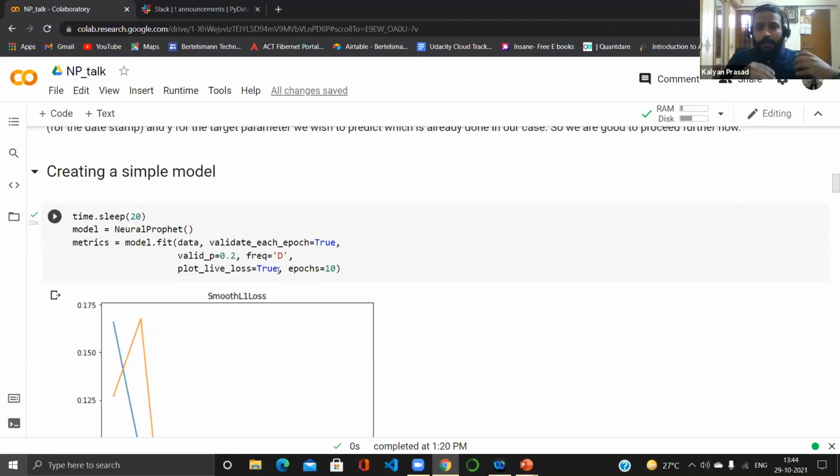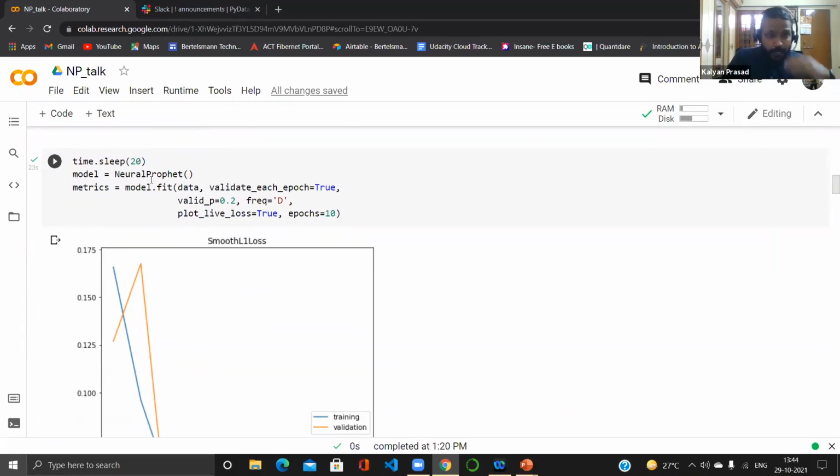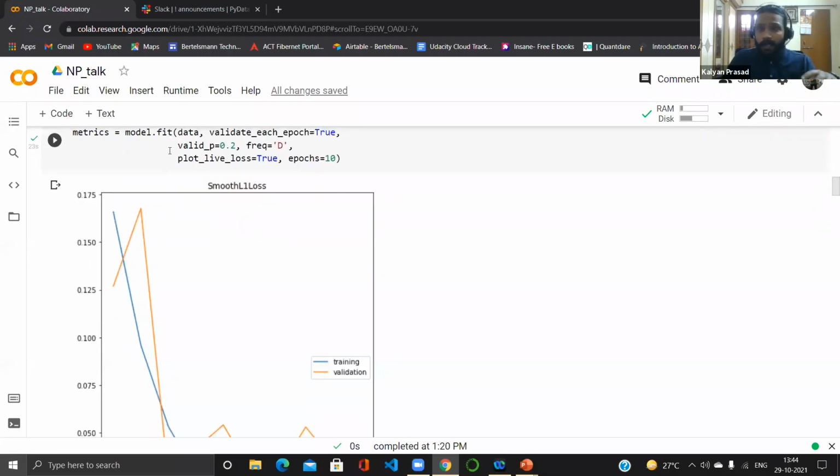We can simply create a model and validate NeuralProphet with very few lines of code. So I have initiated my NeuralProphet model here, and there are so many options and parameters which we can pass in this model to improve the accuracy or results of NeuralProphet. However, for the moment, we'll keep things simple and simply run a baseline model. So I'm not passing any parameters here. Then I'm fitting my model,